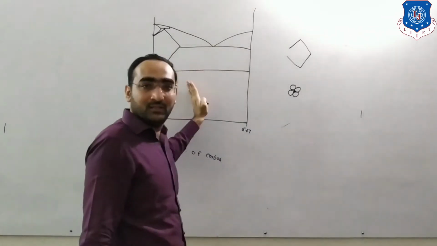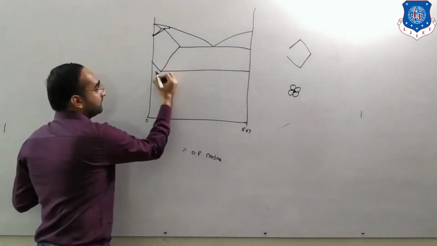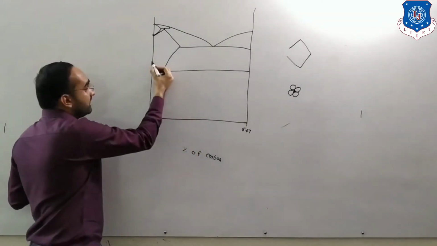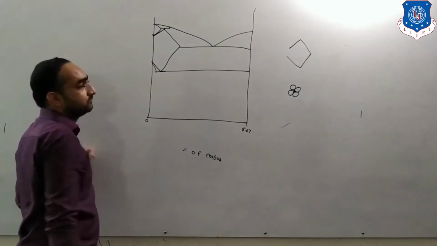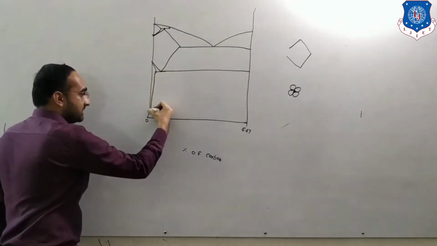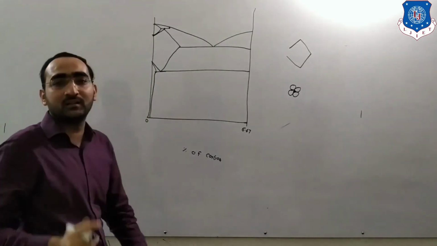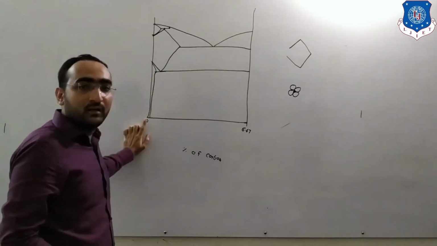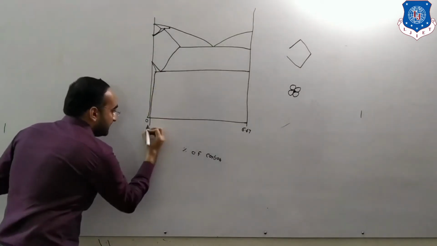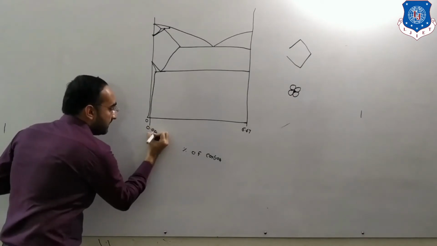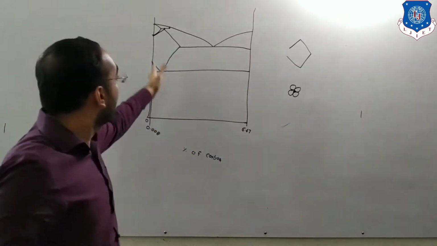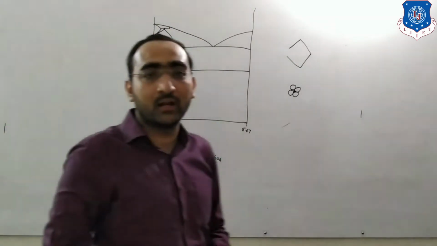Now after drawing this particular thing, extend the line. Extend your line. After extension, what will we be doing? Joining this point with this extended part. And after that, take this particular line towards the base in such a way that it should not touch the 0 mark. It should not touch your 0 mark, because here the percentage carbon will be 0.008% carbon. And this is how your iron carbon equilibrium diagram looks.